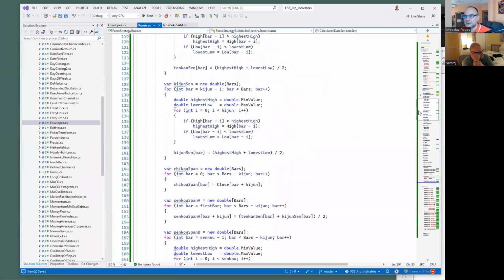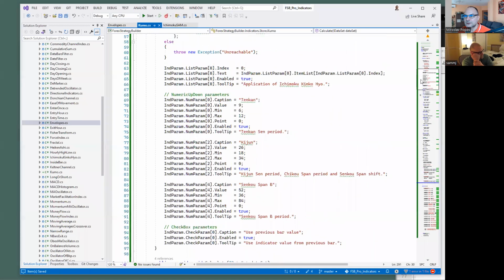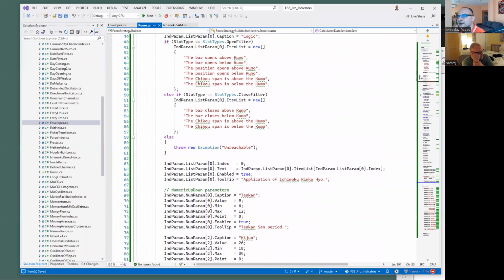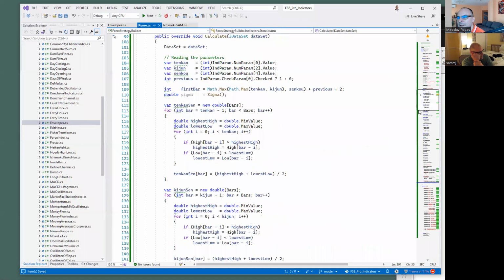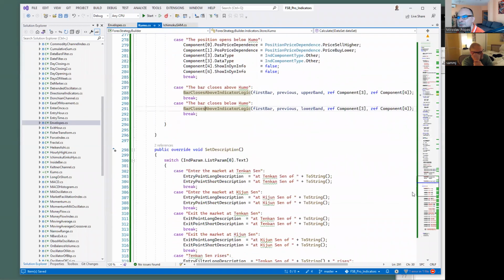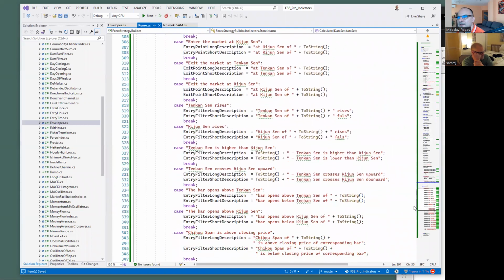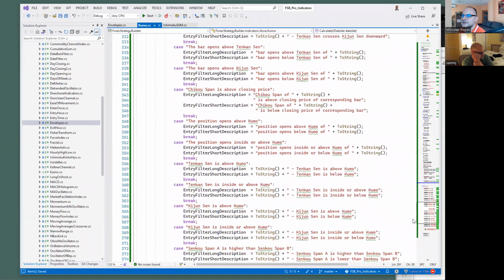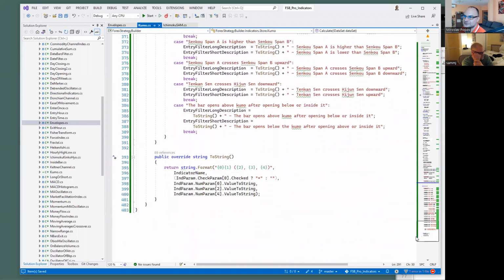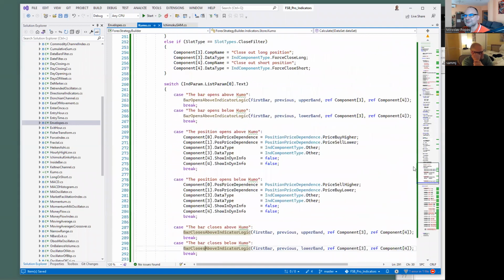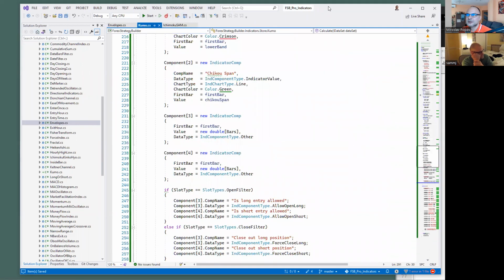And only the Chikou span remains. Let's test this first. Bar opens above Kumo, bar opens below Kumo, and position opens above and below, and then we'll make the Chikou logic. Here, this is everything wrong for the description, of course. Yeah, but anyway, so this Kumo indicator, I'll have to put,